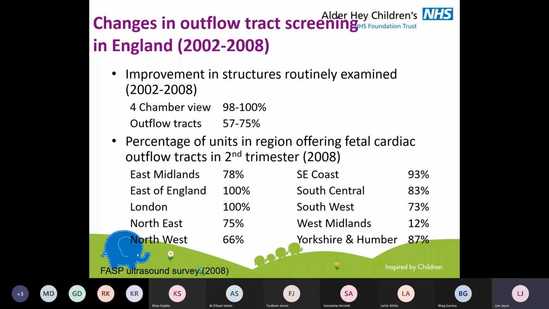So what has happened over the years in the UK? Particularly in England, over the years 2002 to 2008, we have seen that from previously only 4-chamber views being used, more and more outflow tracts have been introduced. When I mean outflow tracts, I mean the right and the left outflow tracts, the aortic outflow as well